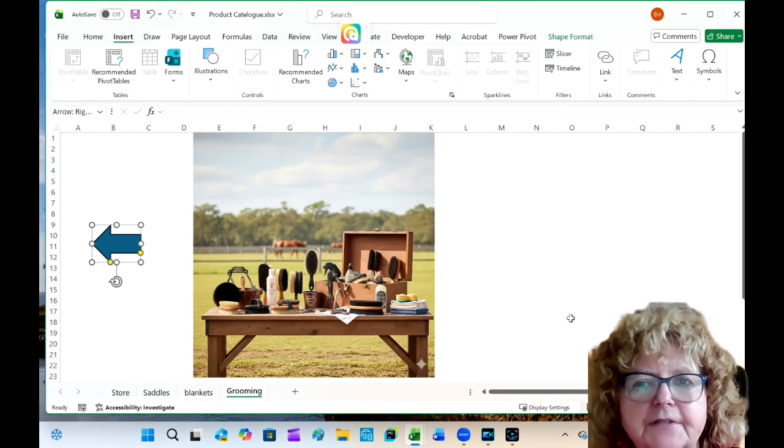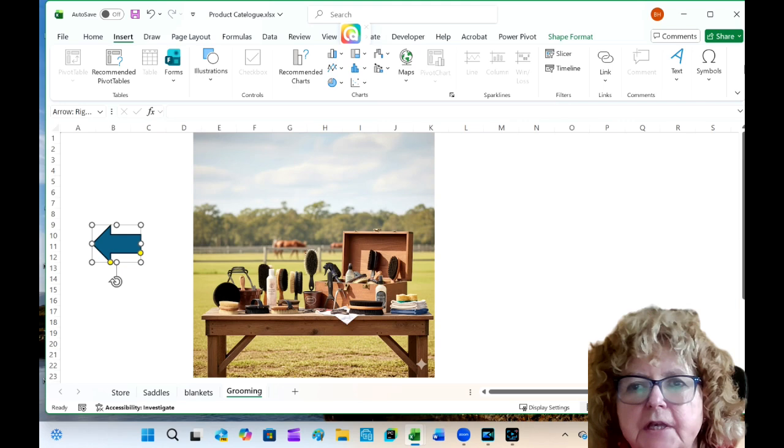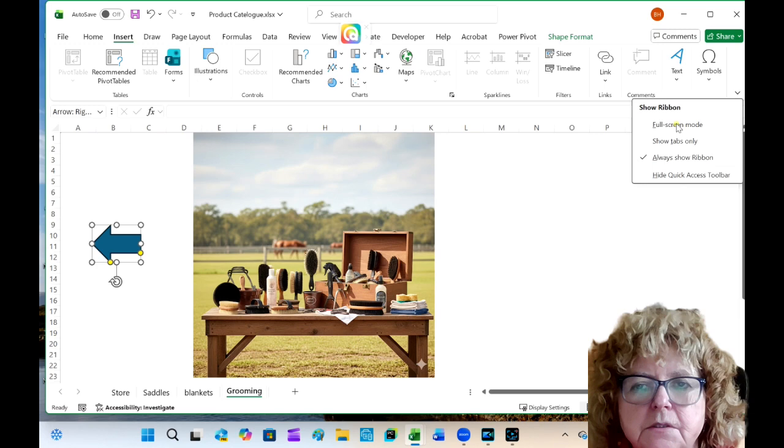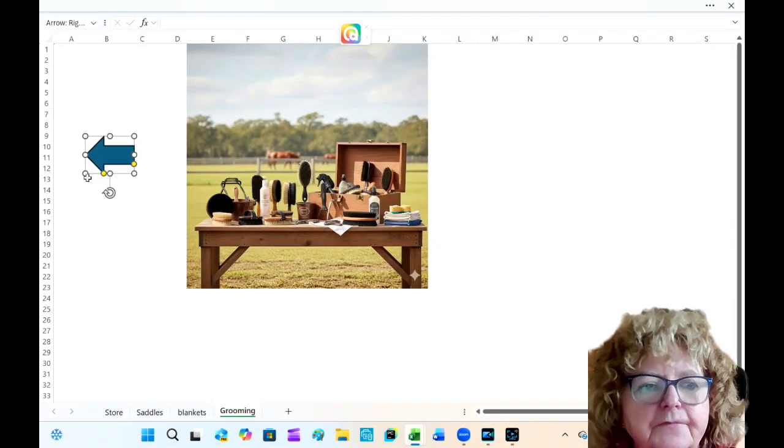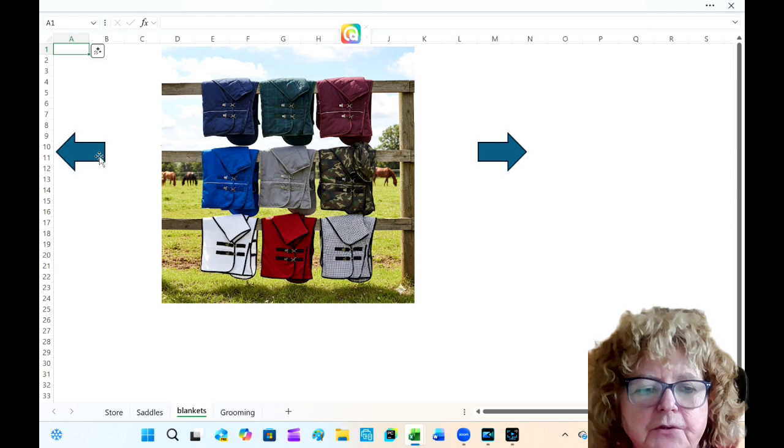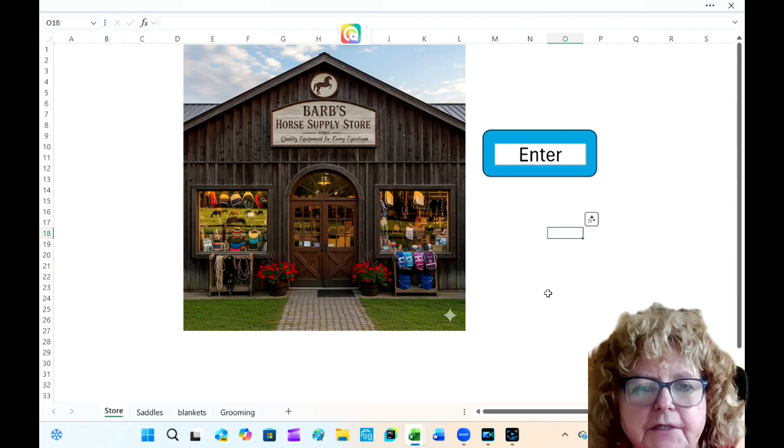The other thing that I've done so that it doesn't look like an Excel sheet is you're going to drop down the list arrow at the end of there, and you're going to go to full screen mode. The full screen mode makes you look like you have a professional product